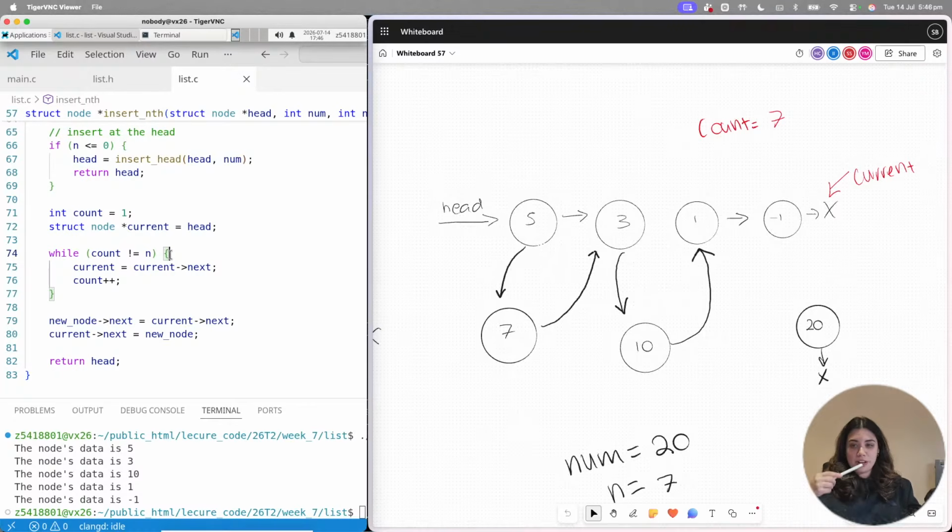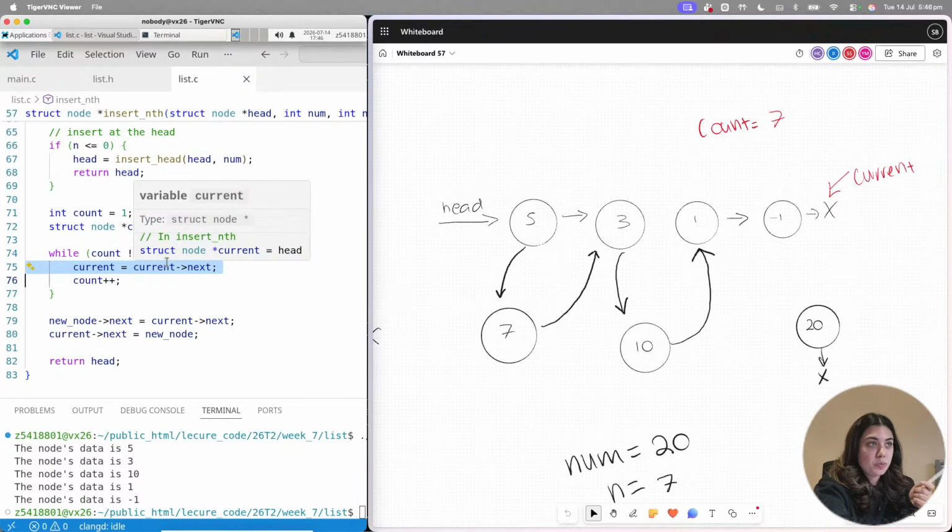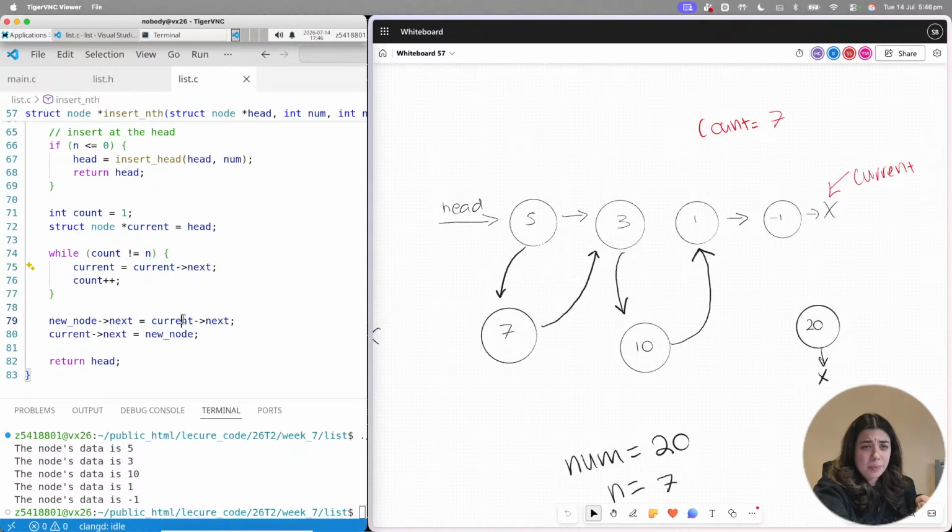Yes. So if I had a bigger number than 7, this would have caused an issue because we couldn't keep moving. But even now, we have nothing to connect. We're going to get that accessing a field via a null pointer situation. So what we can do here is we want to stop regardless of what the count is. If the count is greater than the length of our list, so if I want to insert at the 7th position, but we only have 6 nodes, it means the maximum count we can actually go to is the